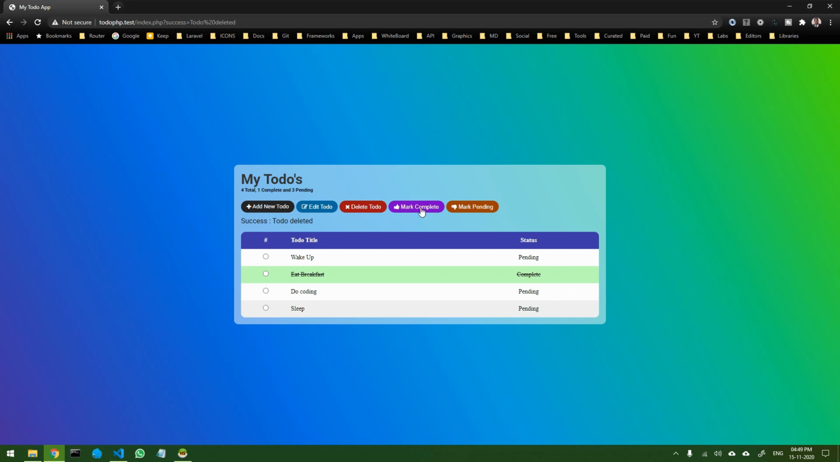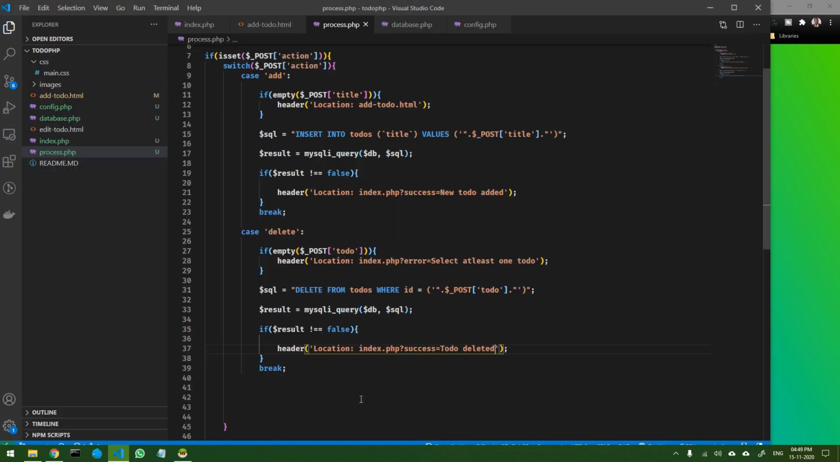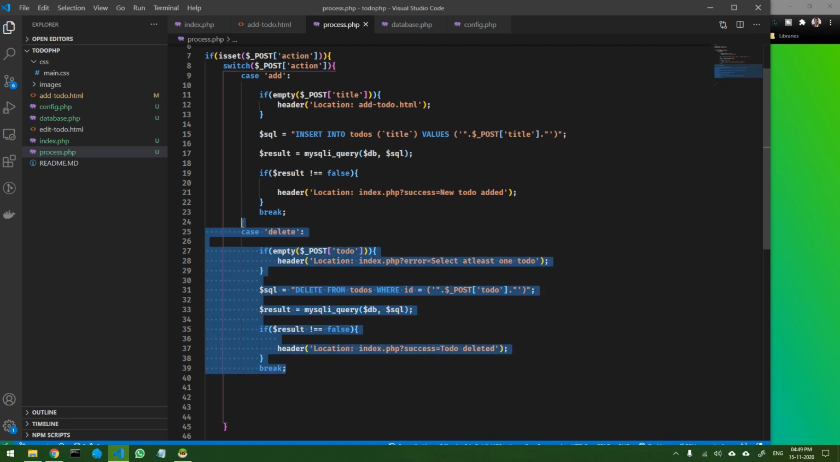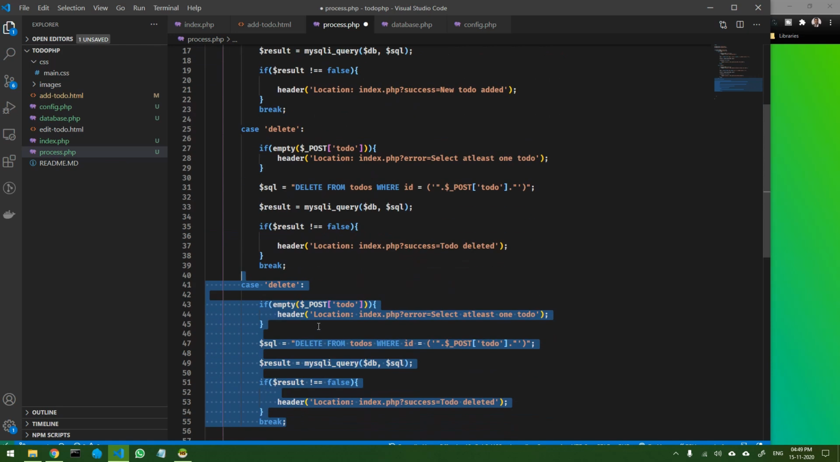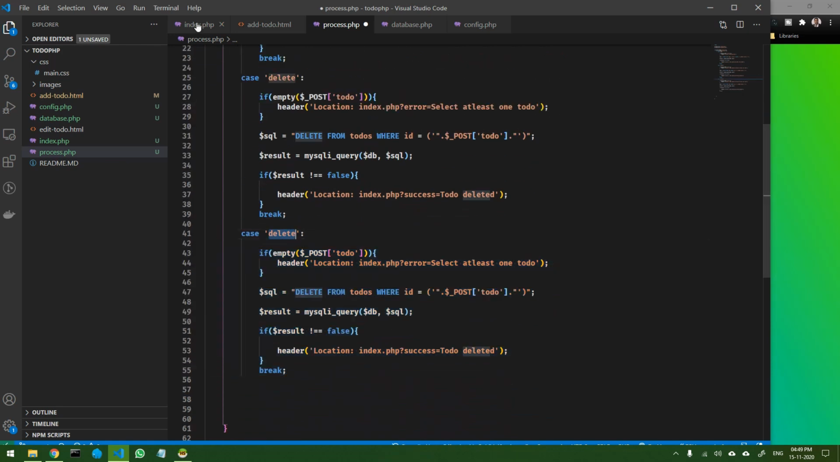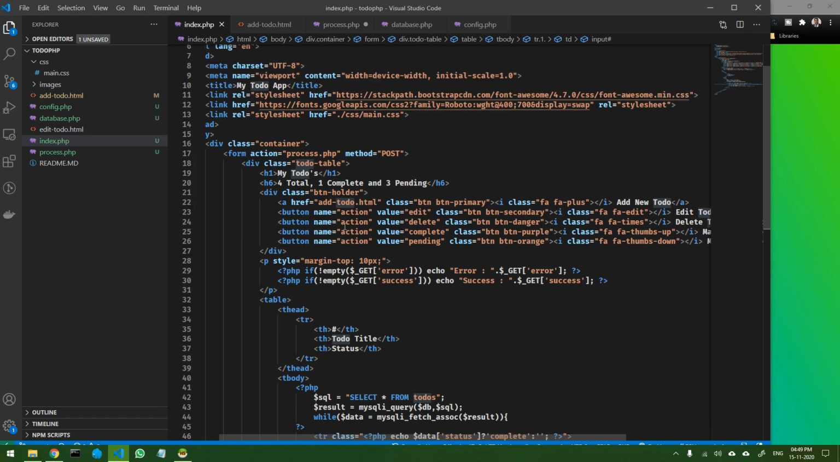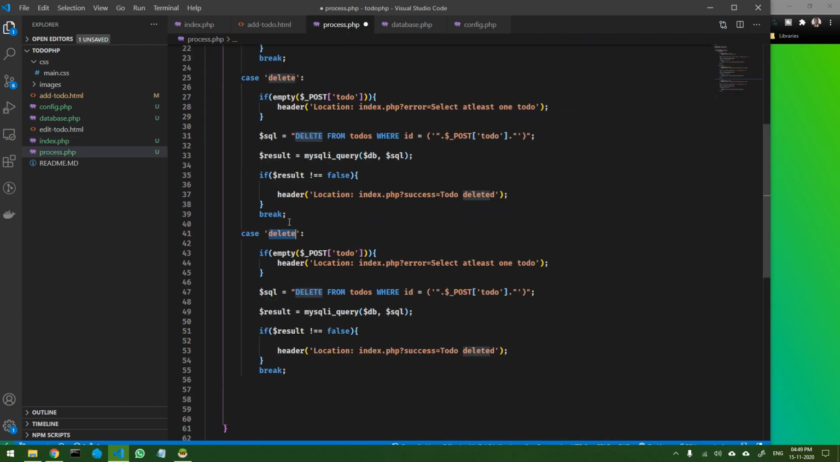Okay, so let's now handle the same thing for mark complete and mark pending. So let's copy this entire thing from here, duplicate, and let's see what is the action that we have decided. So the action is complete. Now here also to do is mandatory. Then here the query is going to change. So the query that we want to